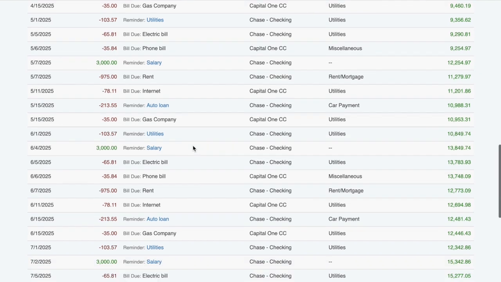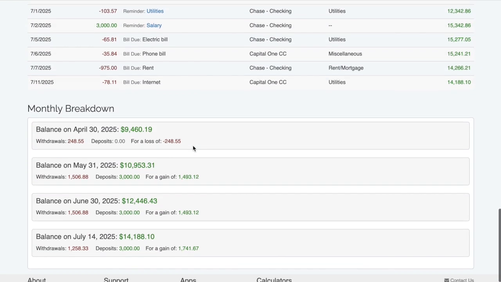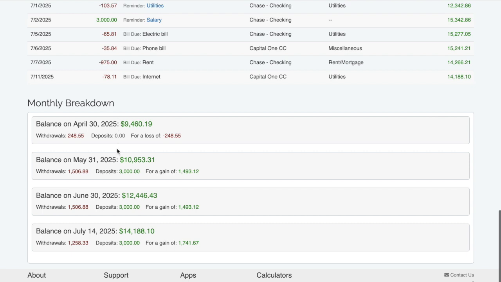Finally, there's a monthly breakdown section that shows what your balances will be at the end of each month between the start and end dates of the balance projection. All of this information can be used to help you determine if you need to make any changes to your cash flow to keep your balance positive, make a large payment or purchase, or just have some extra money to